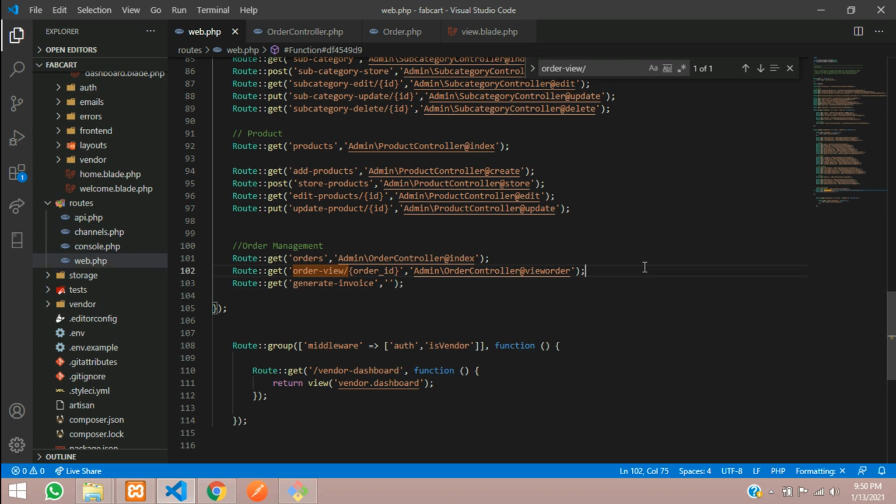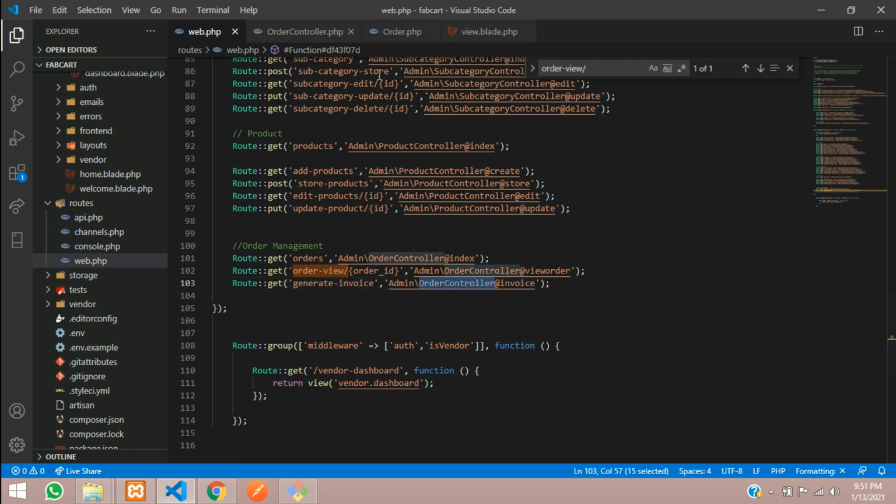So we will proceed with our order controller only, where we will be generating the invoice. So let us copy that, and here you can write invoice function at order controller. So let's copy this and go to the order controller.